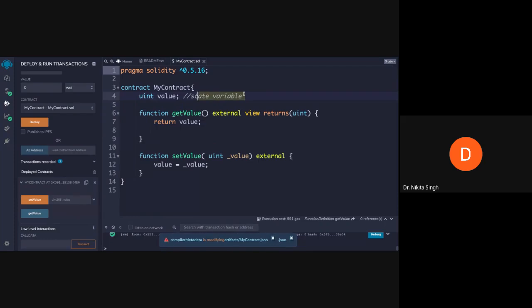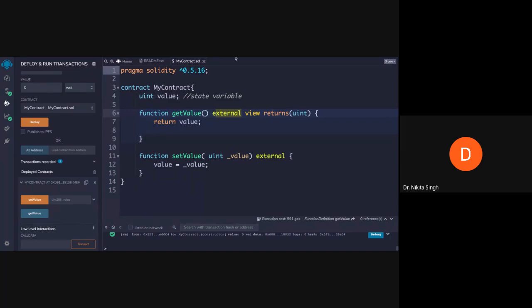So it is very important to identify which kind of visibility you will provide to your state variable, and that visibility is dependent upon your function visibility keywords. There are many function visibility keywords, right from private till public. Private is the most restrictive visibility keyword and public is the most permissible visibility keyword.